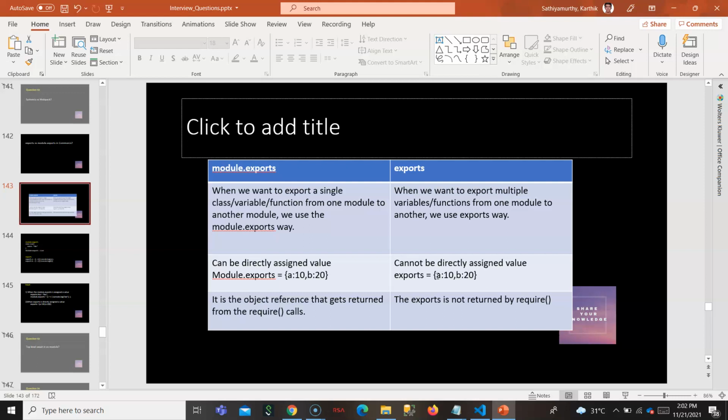It cannot be directly assigned a value; it can be assigned only using a property. And what gets exported to another module is module.exports. The exports is not returned by require. Whatever you add to the exports object is just added to the same object, but that is not what gets returned.